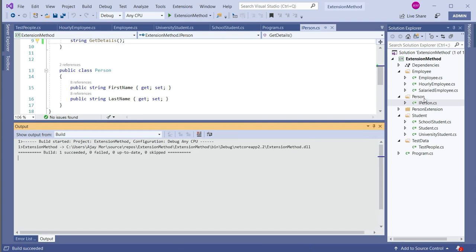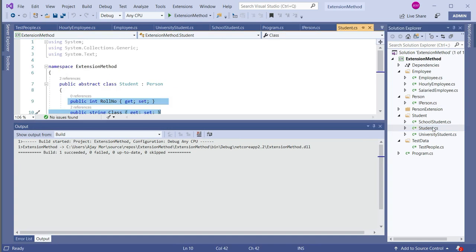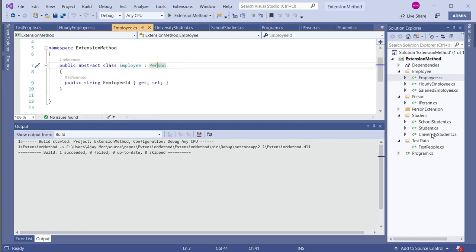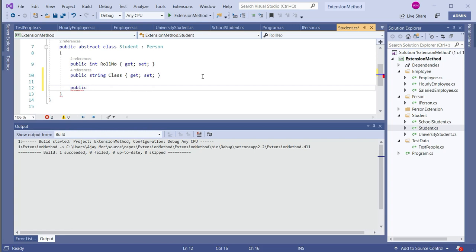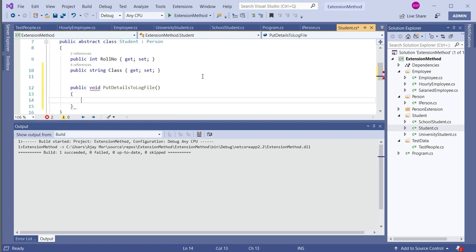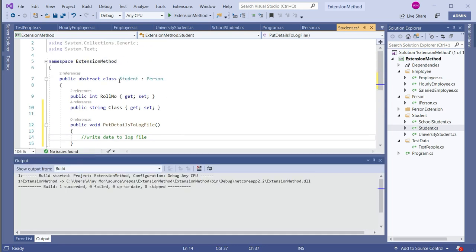Now what other options do we have? So another option is, well, let's see in the hierarchy. Okay, now we have two abstract classes, one is student and another is employee, as you can see. So another option could be adding the details here, public void put details to log files. And now here we can write some methods, right? But this only satisfies the requirement for this student-specific class or student-specific concrete classes, first of all. So we need to repeat the same thing for employee,